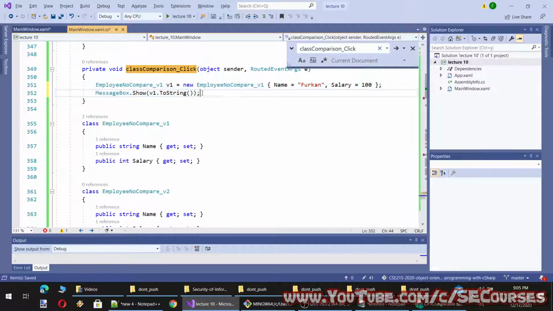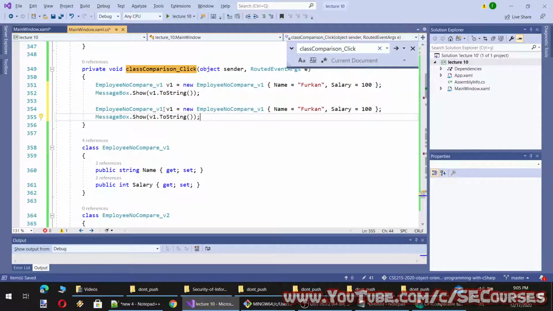Then let's compose version 2 of the same class and use that as well. So this is version 1 and this is version 2. Okay, let's run the application and see how it behaves.